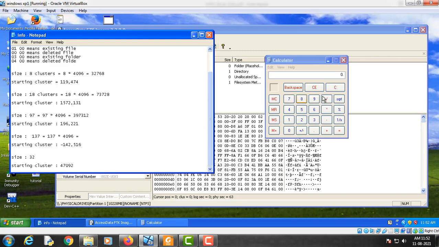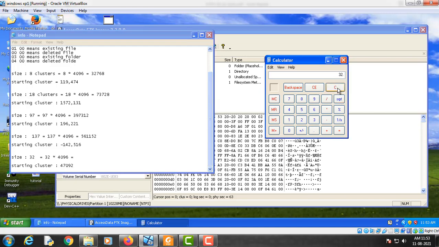So, if we do 137 into 4096, we get 561152, and the last one is 32 into 4096, we get 131072.